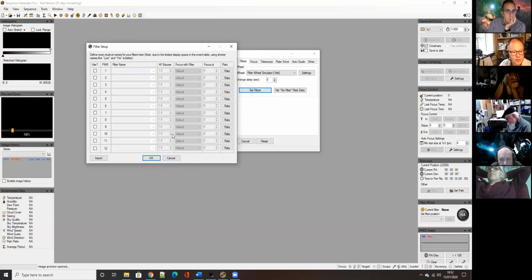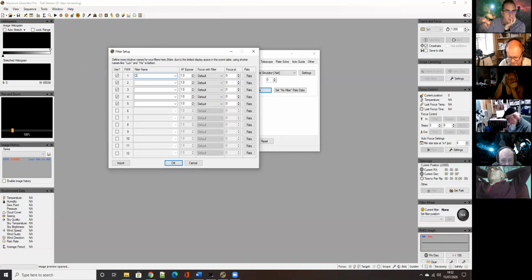this is then where you can set up which filters you want Sequence Generator to use, which filter names you want to use, and you don't have to pick from the selection. You can type your own in. So did I pick up? Yes, I did, didn't I? So clear for my first one, and then I've got red and green and blue and luminance in the 5th